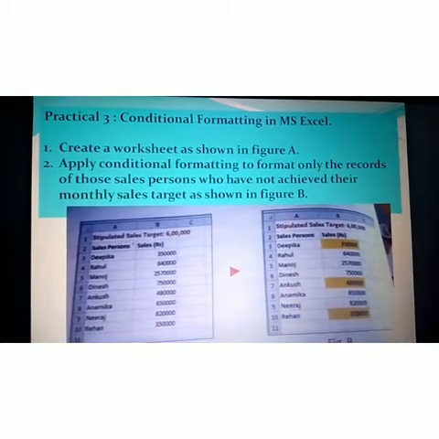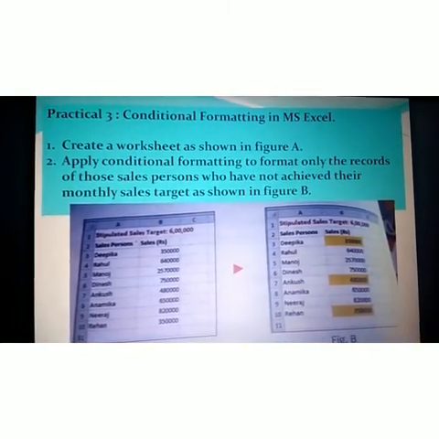So let's see properly. We can maintain name and class 7 section A at the front, and all subject names mentioned here. This is this type of practical. We can maintain name and subject names, and enter the marks properly, and follow this step by step. And last, maximum and total marks we can find easily, and percentage. You can maintain this type of table. So next, come to practical number 3, conditional formatting in MS Excel.